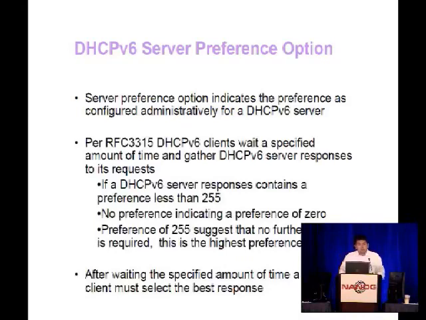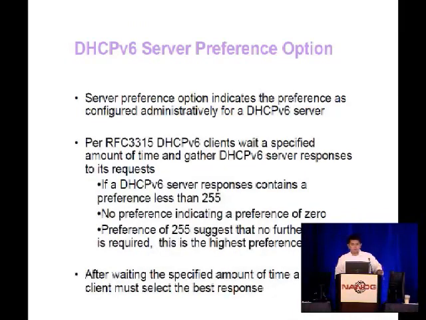DHCPv6 preference. DHCPv6 server preference is essentially something that a DHCPv6 server will transmit as part of its advertise back to a client, and it's an indicator of exactly that preference relative to other advertisements that a client may see. And essentially, RFC 3315 specifies the